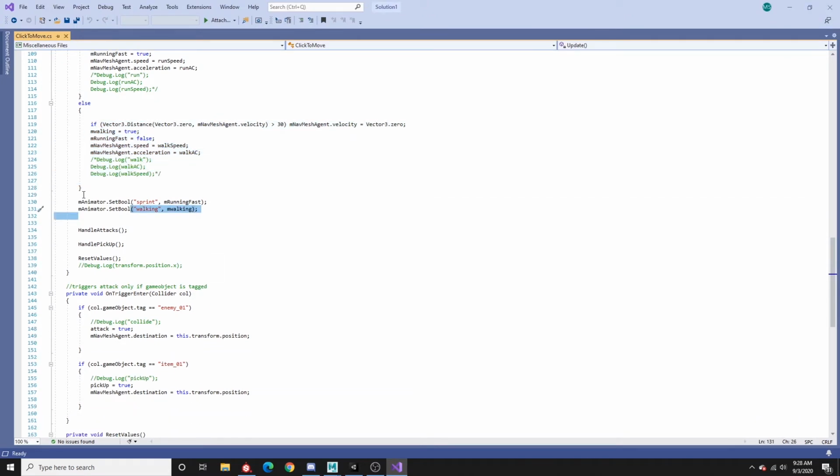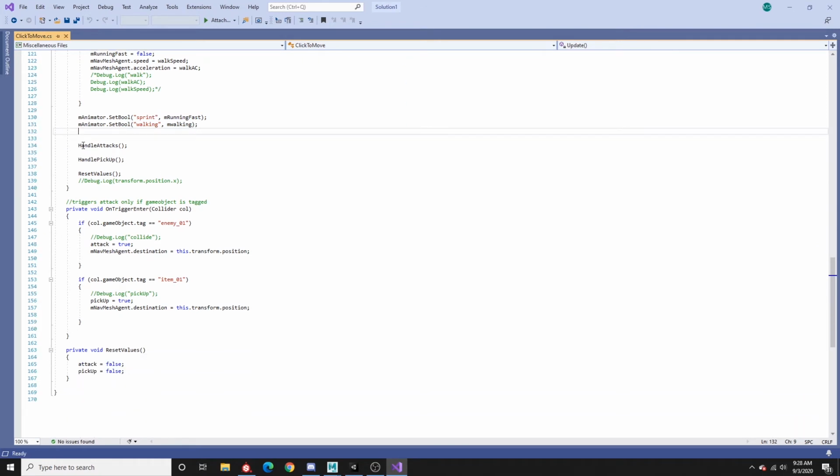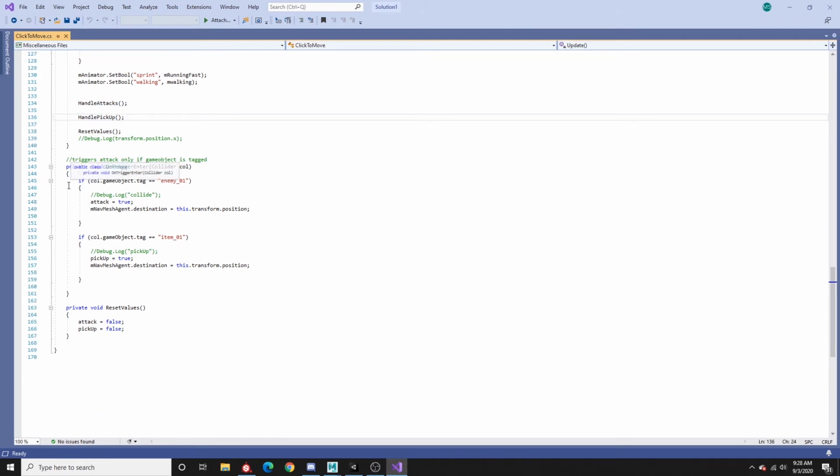As you can see here, once again, in the animator, we're calling to those strings and telling them to do something. Either yes or no, they're bools, so we're passing in a yes or no. And then here, this was kind of fun. This is what is basically setting up the